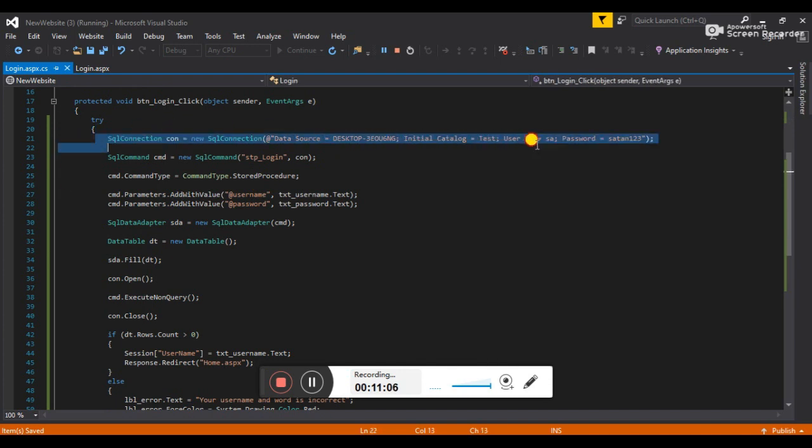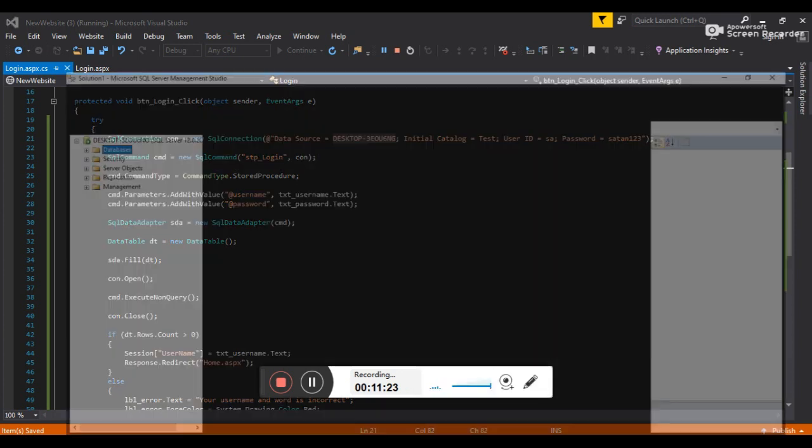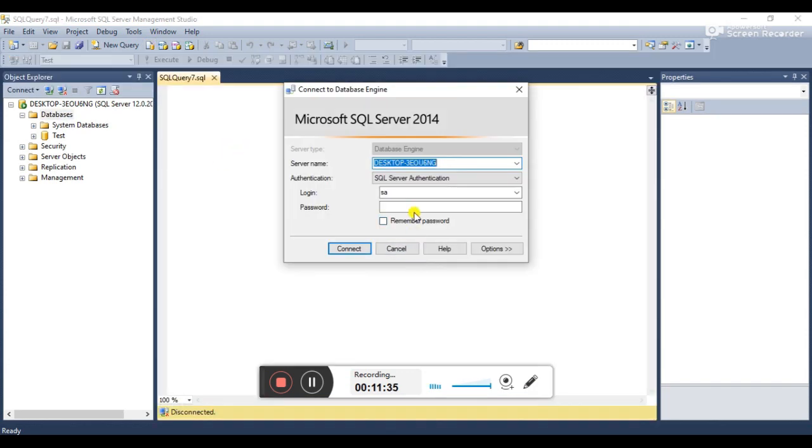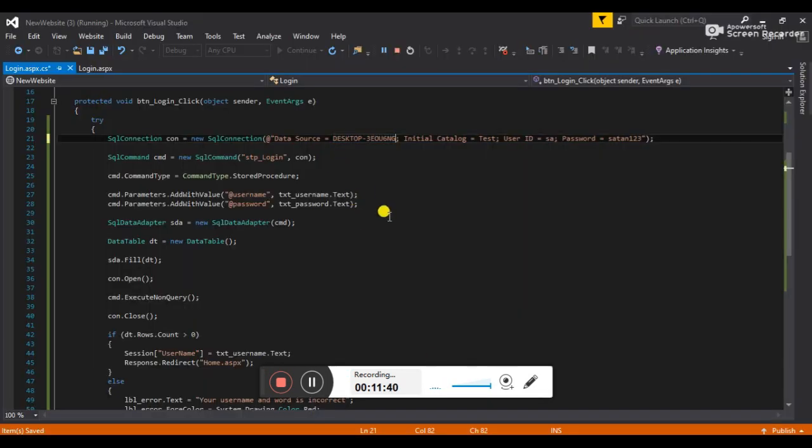Okay, so see now what exactly it means. The first code, SQL connection. This is the connection with your SQL database. Here is the SQL server name. You will get this name from here: open your database, open the SQL server, then your database here, and then click on the database engine query, and you will get the server name. So copy this and then paste here.